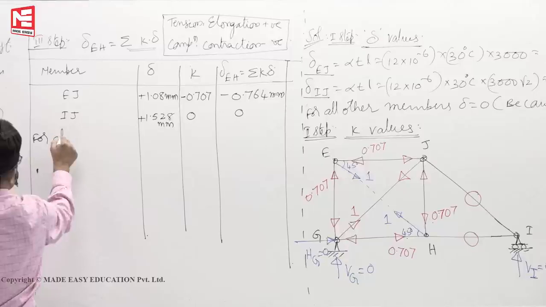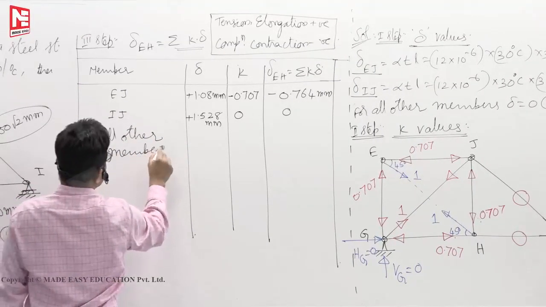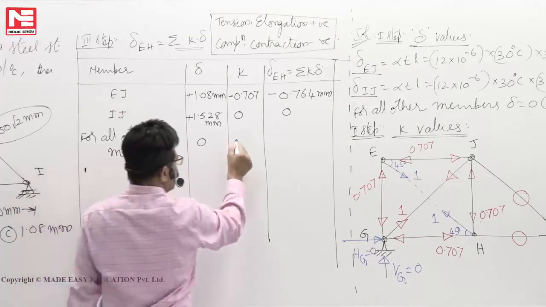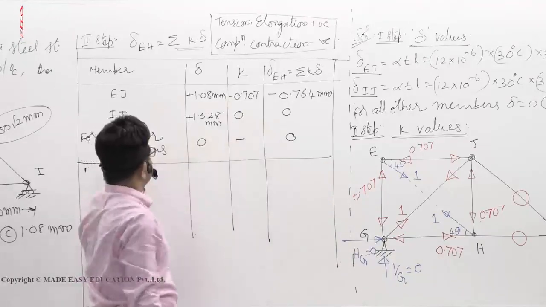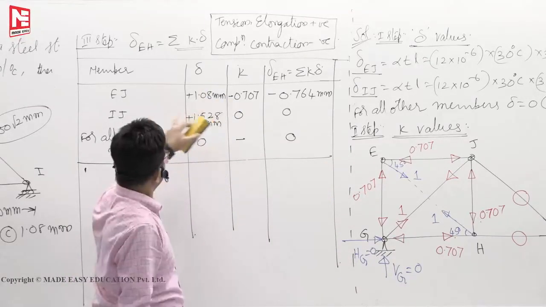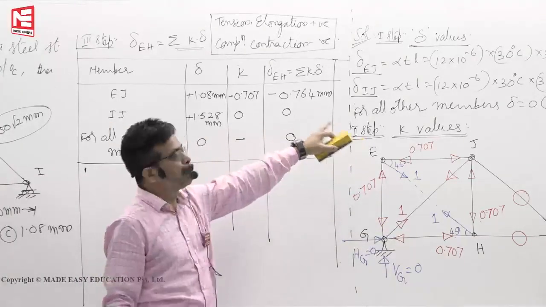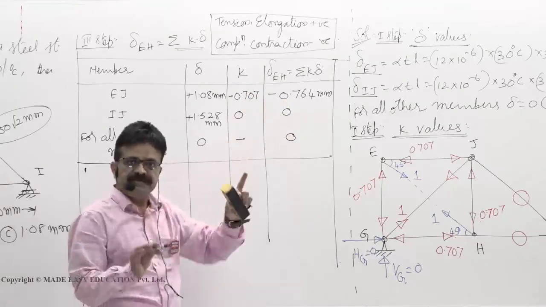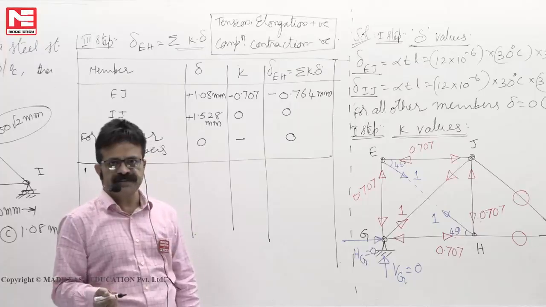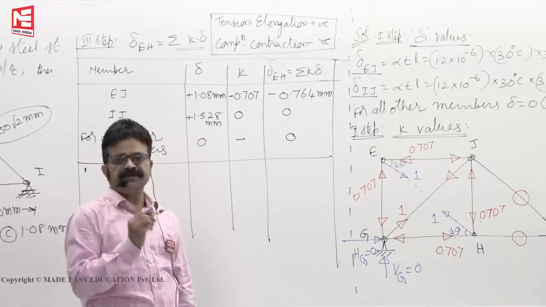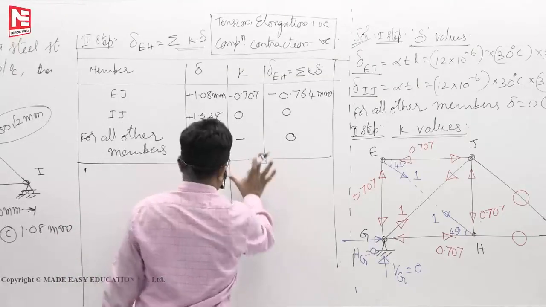Then here, first problem, so I am writing all, but in the exam you skip these lines. For all other members delta is 0, so whatever may be the K values, it is 0. These three you don't have to write. Having found that IJ value K is 0, you should not waste time writing this also. Only one line. Questions will be set such that you will not be asked to calculate too much or think too much. It will be finished in a maximum of 2 minutes or 1.5 minutes itself. So delta EH you will get